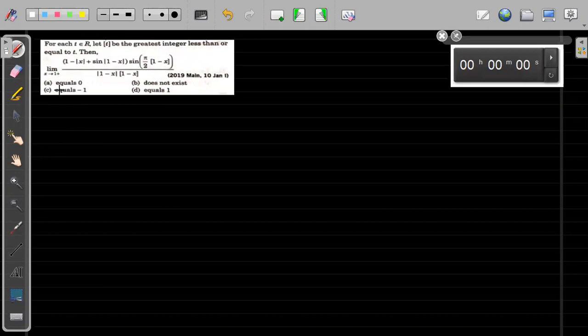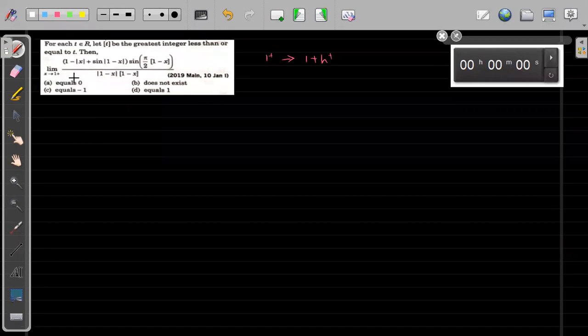For 1 plus. Okay. Now see, what will I do for 1 plus? I will try to see what the function will actually become, because they have given this greatest integer, then they have given here also greatest integer. So first I will see for 1 plus what these values will be. Okay, so see, 1 plus I can write as 1 plus h, where h is positive, right?